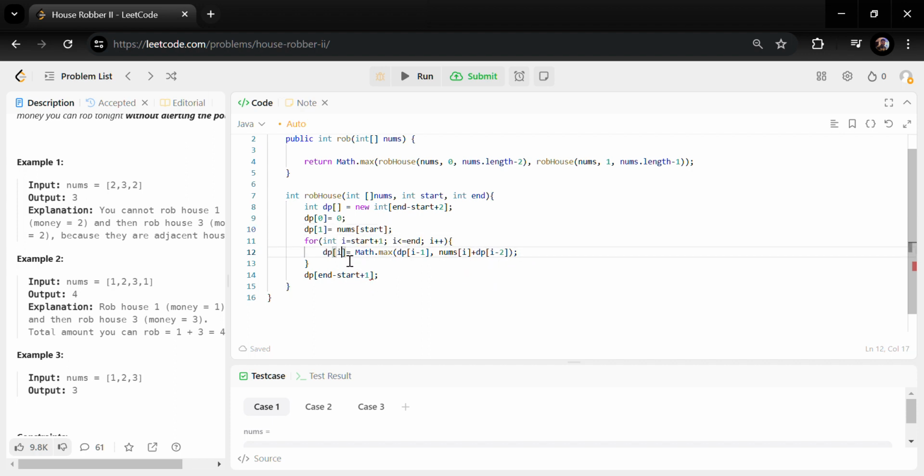So we can handle it with start. If the start is 0, we can say something like dp of I, which is 0, 1, 2. We want 2 at this position, so I will be I minus start plus 1. The start is 0, so I minus start, 1 minus 0 is 1, 1 plus 1 is 2, so here it comes dp of 2, which will be math.max of dp of